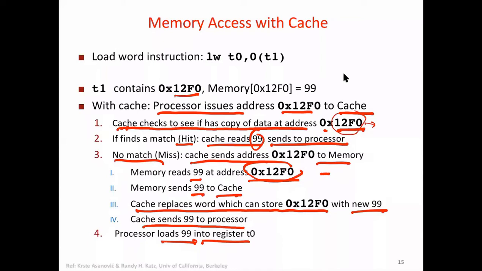The only thing here is that the first request goes to the cache, and the cache will check if it's there. If so, it's a hit, and it will return the data. If not, then it will request the lower level. Here we are assuming it's memory, and memory will surely have it and return it back to the cache. Then the cache will update its location with that. It will store it somewhere and then send the data to the processor. All right, is it clear to you? Any doubt?